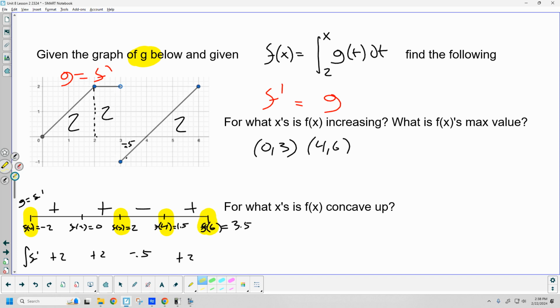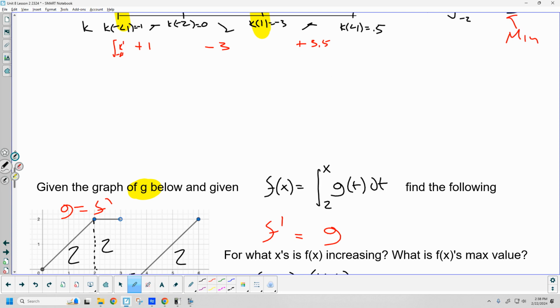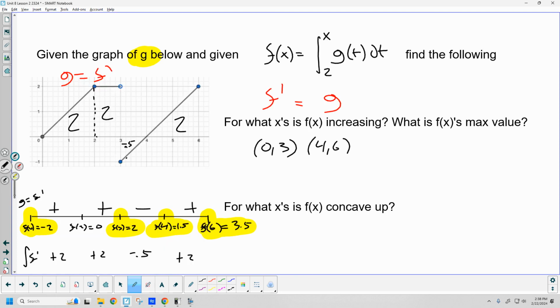Not G anymore. 3 is equal. Nope. The endpoint. Oh, shoot, I didn't. So max is when